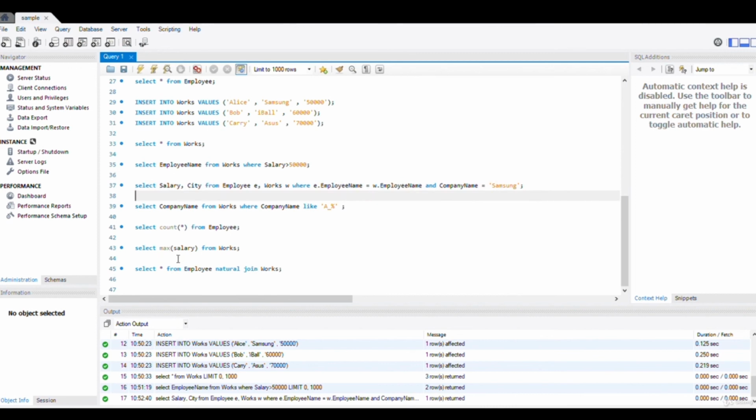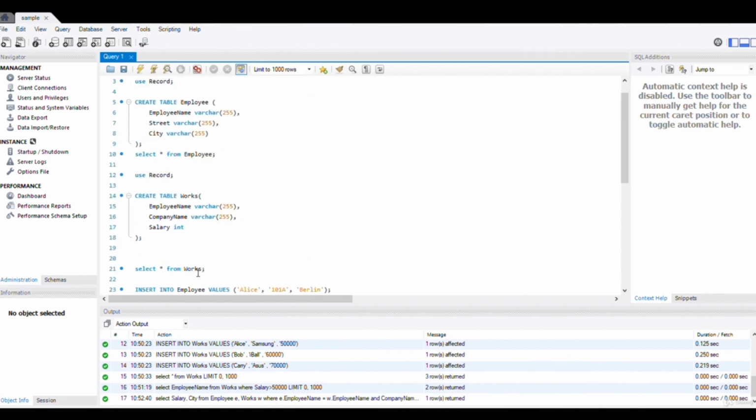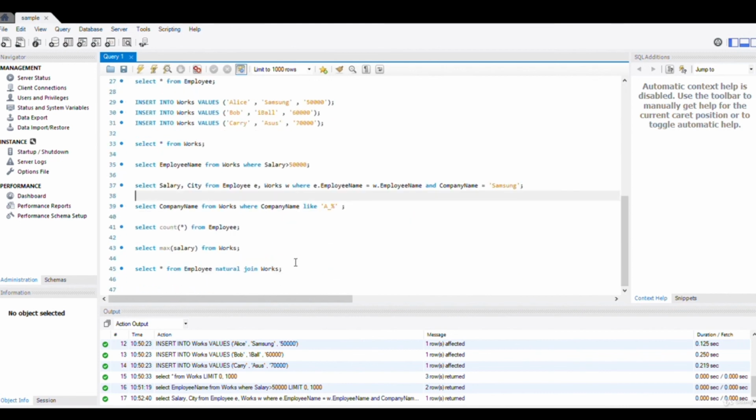Next, if you want to find the company name of those employees whose name starts with A, in that case, I'll write the query as select company name from works, since company name belongs to table works, where company name like A underscore percent. What does percent depict?